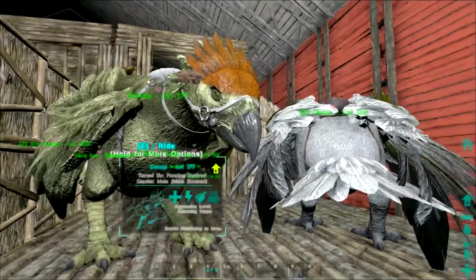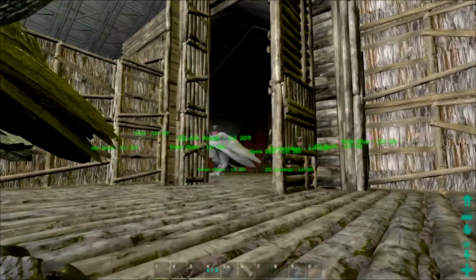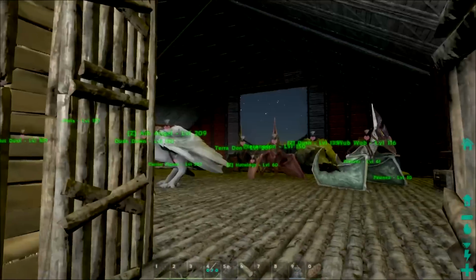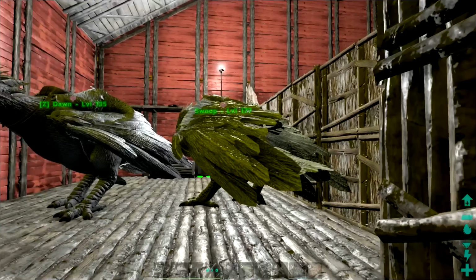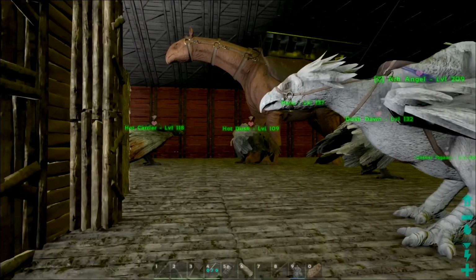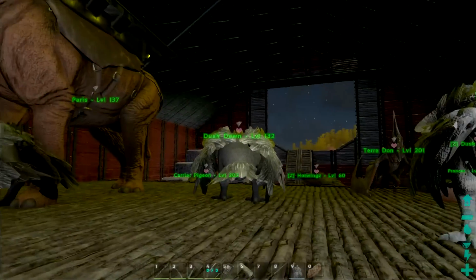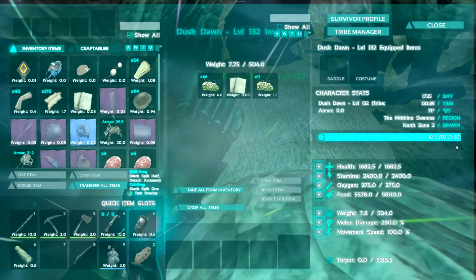Okay, so we're going to breed these, and then we're not going to do the baby episode here. We're just going to get an egg. But in the next few episodes, because the update is today and I won't have time, we're going to do some more Argent breeding, and I'll be really, really interested to see what goes on. If we take a look at Dusk Dawn, which was the offspring of Dusk and Dawn, you'll see that